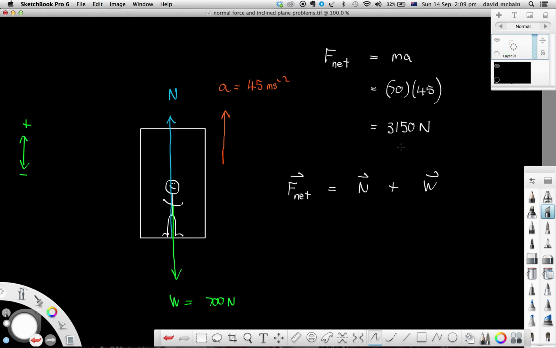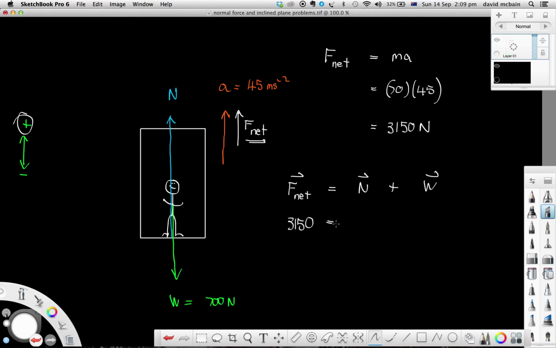And the normal force is going to be 3150. Okay, the net force, sorry, I beg your pardon, the net force will be 3150. And the net force will act in the same direction as the acceleration. So it'll be up, which means it's going to be positive. So our net force will be